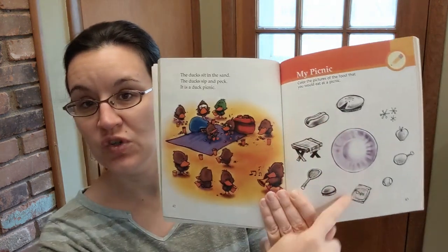Like there's actually little activities that you can do within the reader itself that can help gauge whether your child understood what they read. It can help apply some content of what they read to real life. So, I love the little activities they have sprinkled. There isn't one for every story, but these are probably some of my favorite readers just because they're beautiful, they're kind of smaller, so kiddos can hold on to them easily, and the stories are,